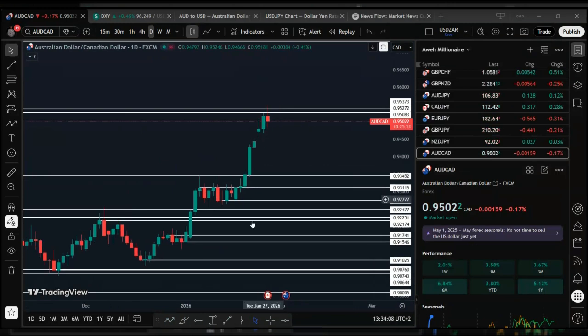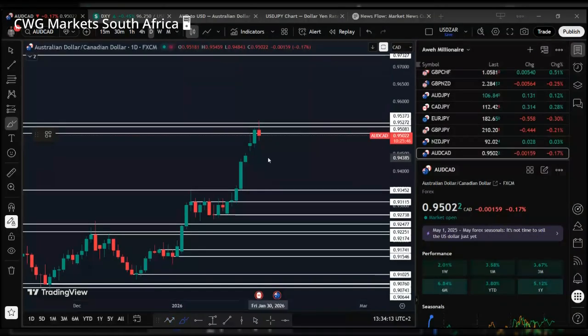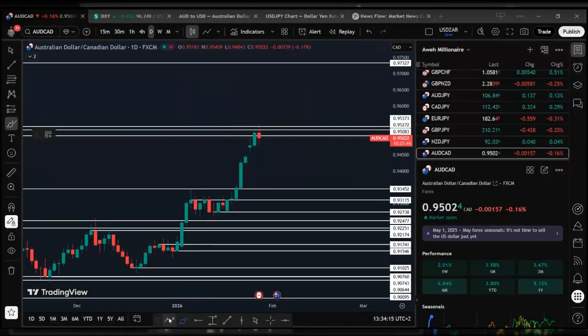So AUD CAD, Aussie CAD currently testing our major resistance zone over here, which is a zone between the 0.9537 and the 0.9508 zone of major resistance. Now, a bounce off this level could see a pullback in this upward momentum, or we could see a pullback in this move before price continues to the upside, or this could be a sign of a start of a trend reversal, which will then open up doors for price to retest the support here at the